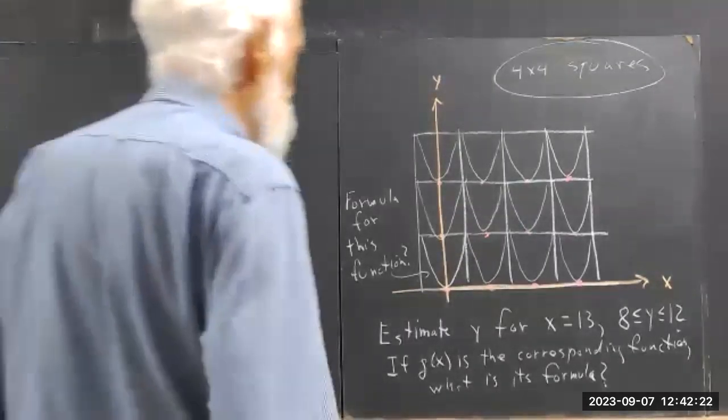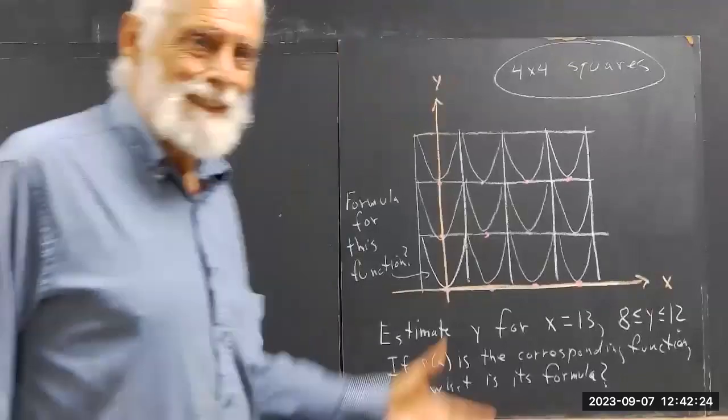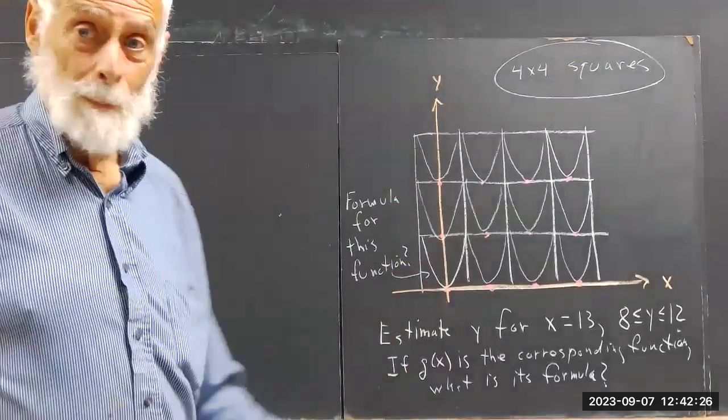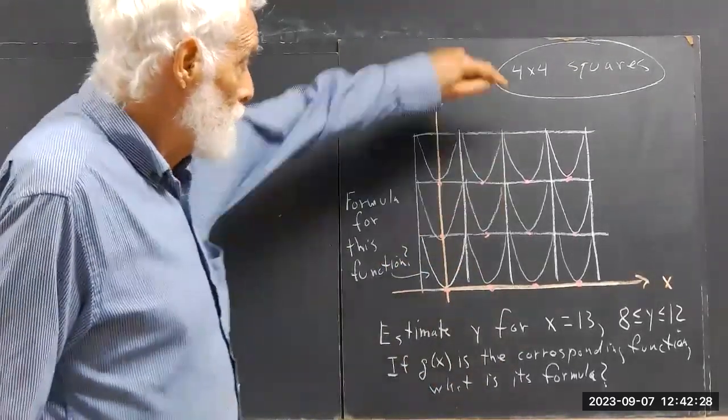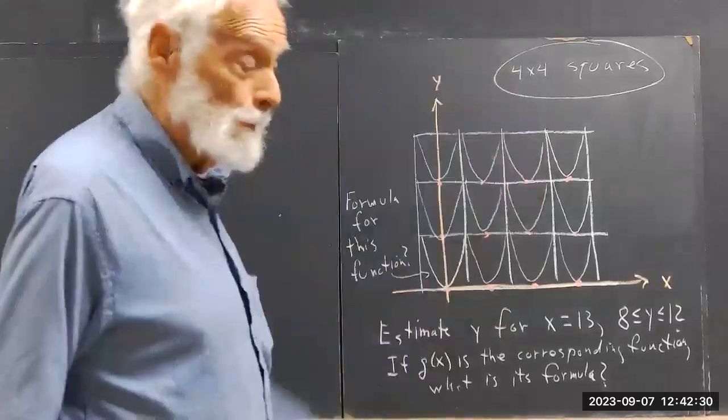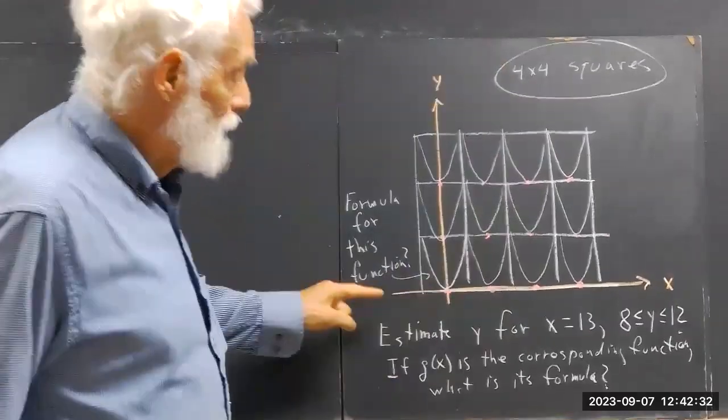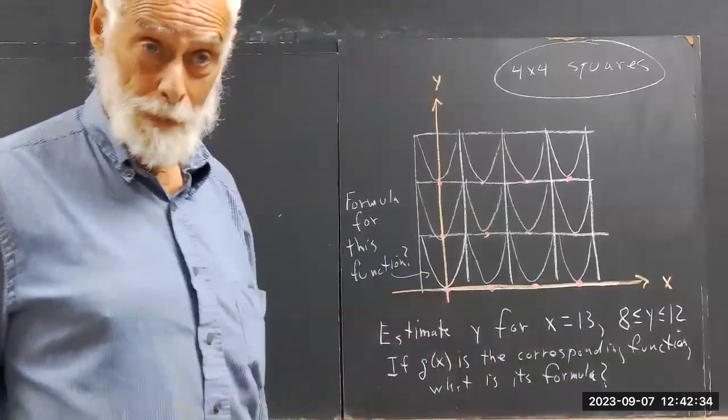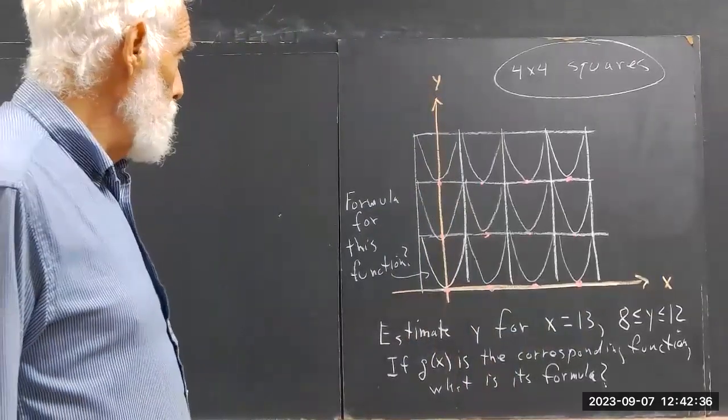Here's your chance for a little extra distinction. You've seen this in class. I'm not going to explain it to you. Just going to say these are all 4x4 squares, and the origin is here, x-axis, y-axis. Okay. So first of all,